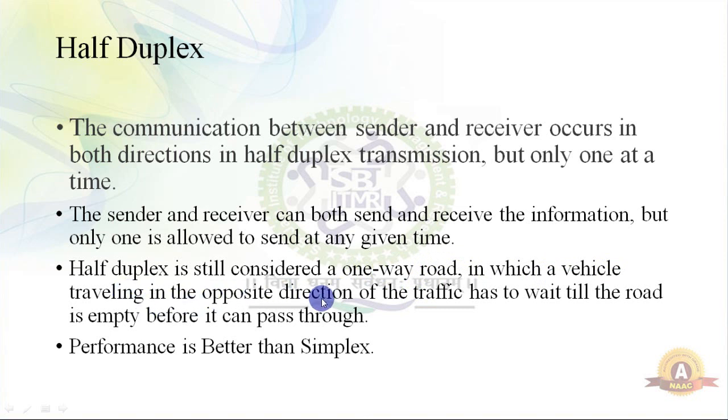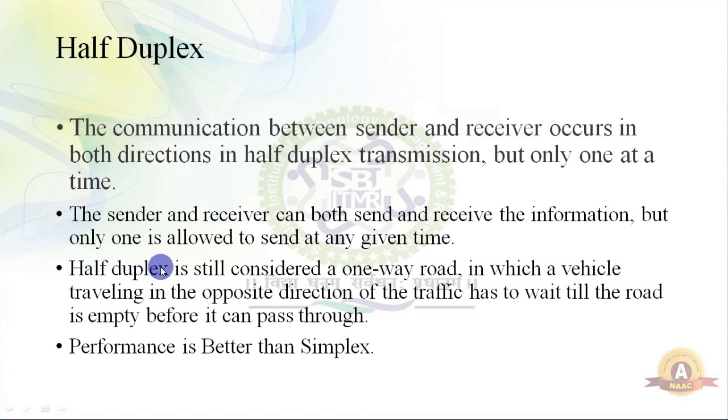Now, half duplex is still considered a one-way road in which a vehicle traveling in the opposite direction of the traffic has to wait till the road is empty before it can pass through. So, अगर हम लोग रोड के बारे में देखते हैं, तो ये भी एक प्रकार के हाफ डुप्लेक्स में भी वन वे रोड रहेगा, लेकिन इस वन वे रोड में अप साइड और डाउन साइड दोनों टाइप के व्हीकल्स आना जाना एक ही रोड से ये कर सकते हैं।